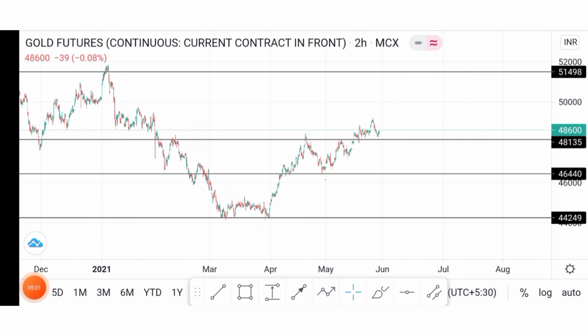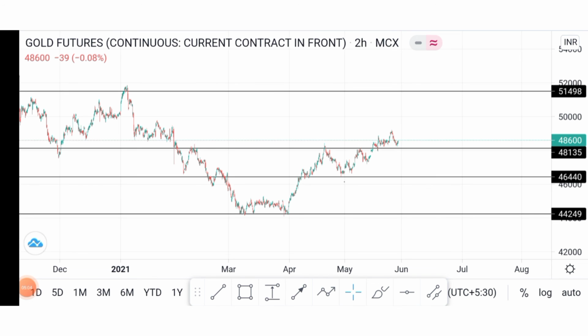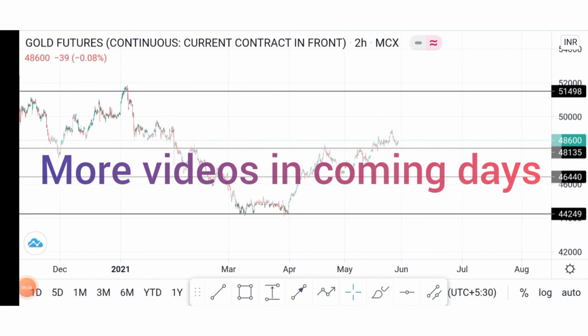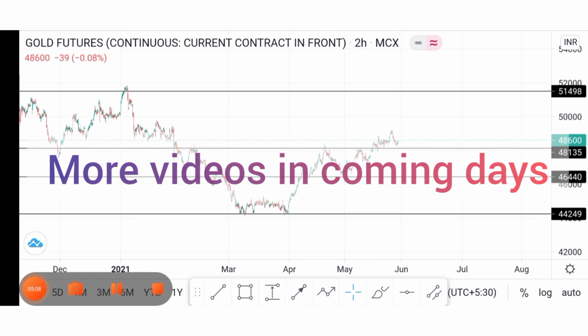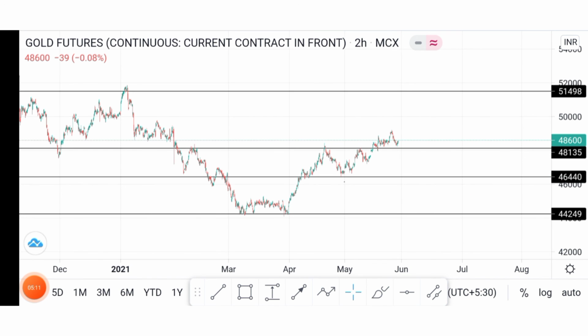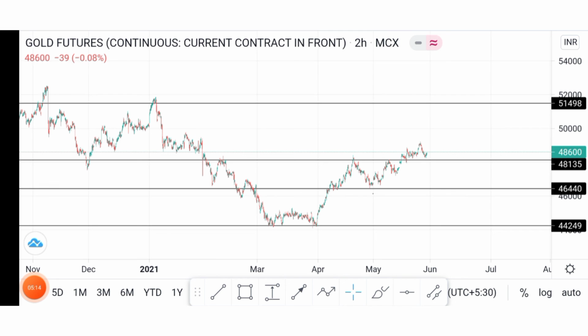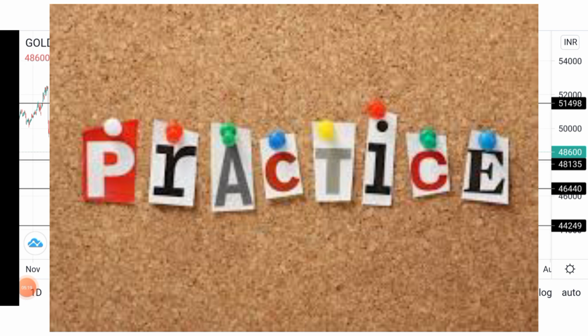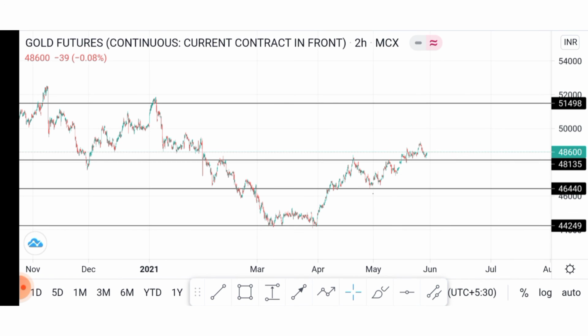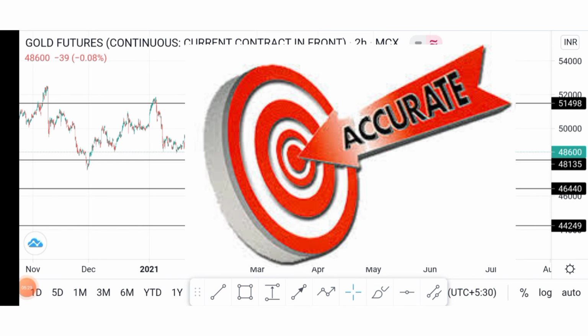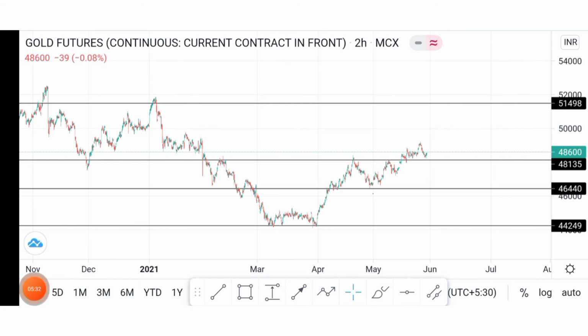And that's it. I hope this gave some idea of support and resistance, how to draw, what the obvious levels are, and how to adjust. And trust me, this needs to be practiced. This gets mastered with practice. The more you practice, the more perfect you get, and the more accurate your levels get. Just go and draw so many charts, 20-30 charts a week or 10 charts a day. Just draw.